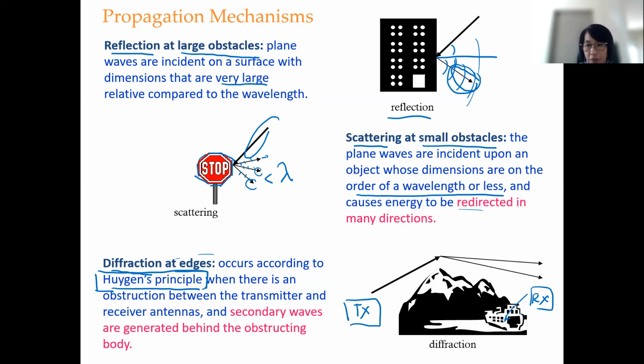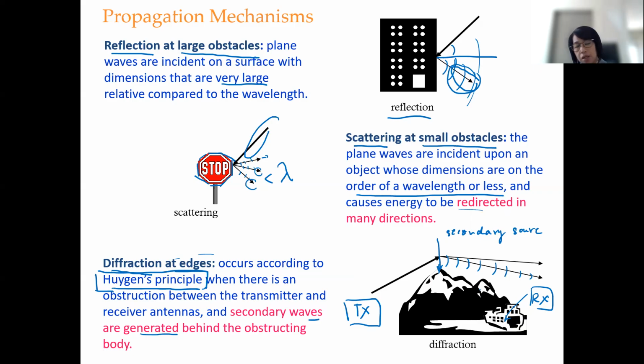You can still receive the information, but the power will be smaller than what you got from the original transmitter, because when the wave arrives at the edge of the mountain, the edge acts as a secondary source. It generates a signal based on this source, and the direction changes also. The secondary waves are generated behind the